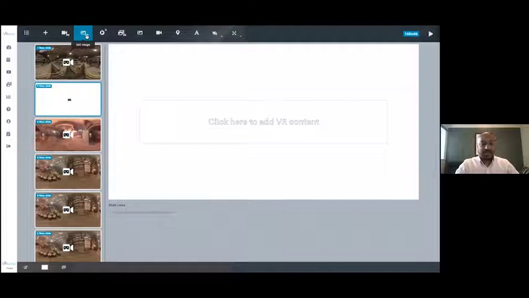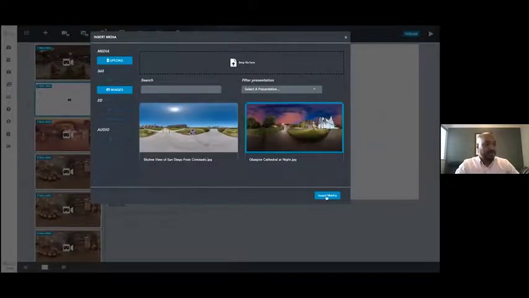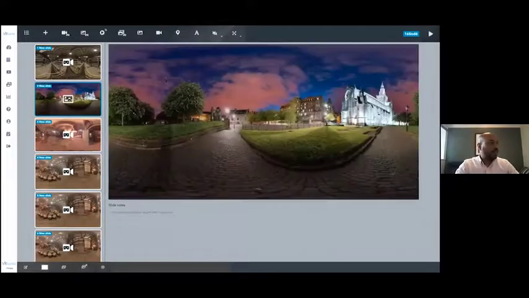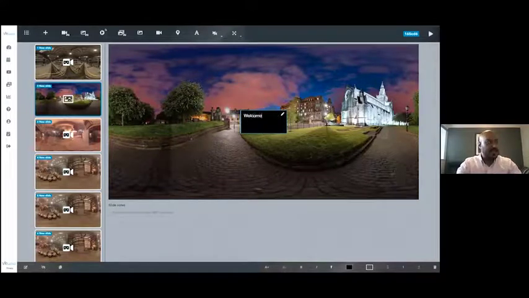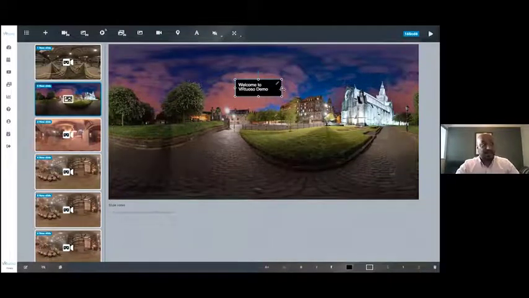And then I can start populating it with, as I said, content that I have here. So for example, here, this is a beautiful Glasgow cathedral. And then I can add text boxes and content to make it immersive. And here I say, welcome to VRtuoso demo. Everything that you see here is fully customizable and fully personalized. So anything from colors, font, shape. So in this instance here, I can change the color of the box to anything I want.